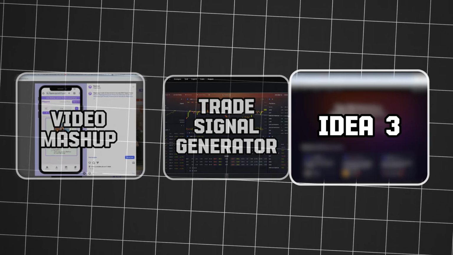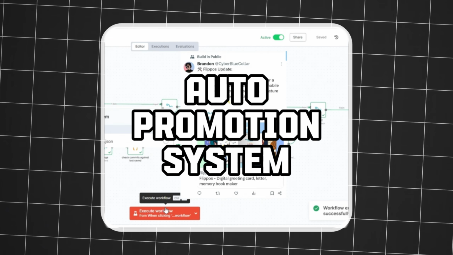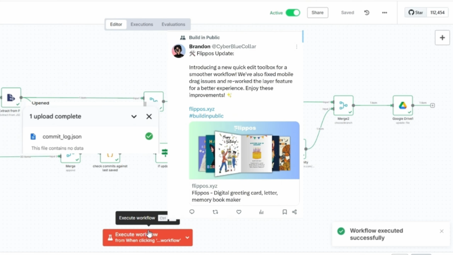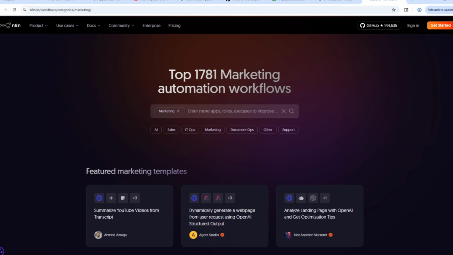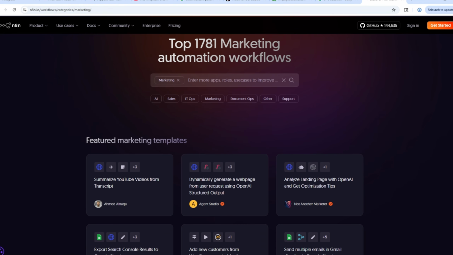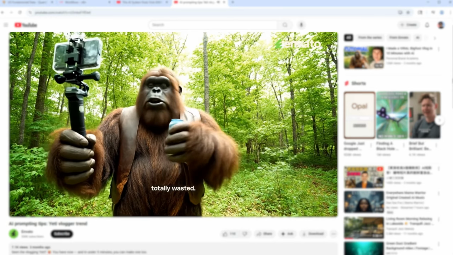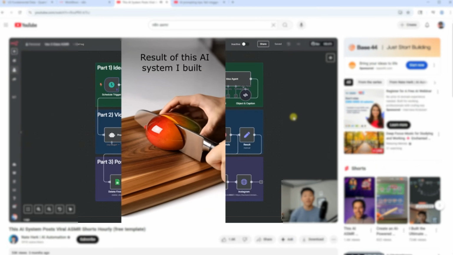So, the last tool you should build with n8n is an auto promotion system. This one is especially powerful if you're trying to grow a personal brand or promote your work online. It can be the perfect tool to supercharge your one-man army. Social media automation is probably one of the most popular areas for AI automation workflow. They use the most advanced AI agents that churn out endless content, some of which even makes good profits on YouTube